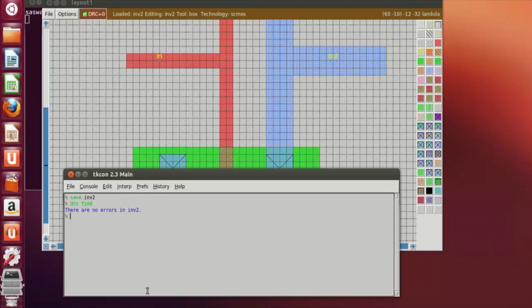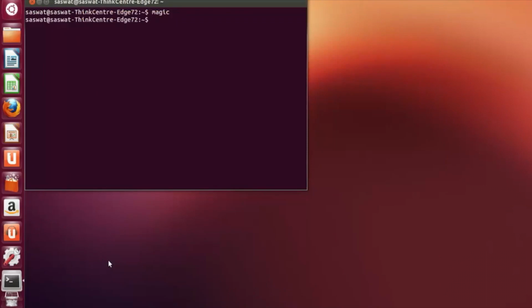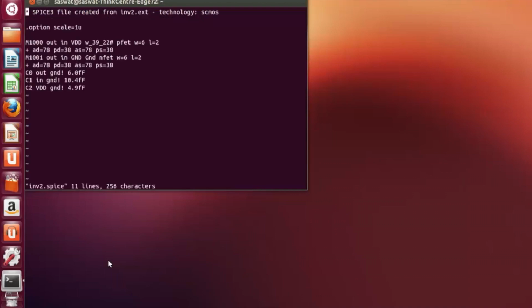Now extract all, extract to spice. Now let's exit. If I type vi inv2.spice, and I'll open this. So you can see there was only one pfet and